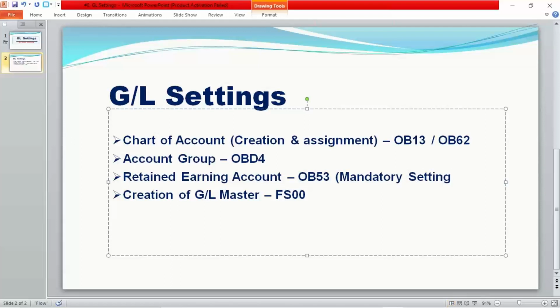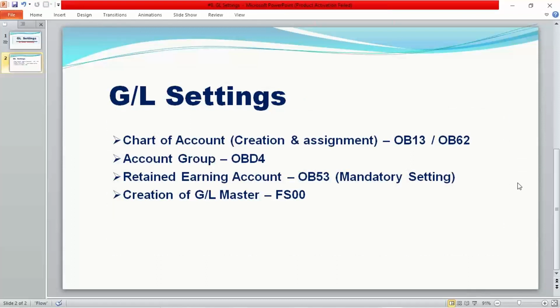mandatory setting. What does it mean, guys? Mandatory setting means certain settings are going to be done right now. The logic you guys will be able to understand later, because once we proceed further, multiple transactions are posted and all. At this point of time, we have to set this up as a mandatory setting, because if you don't perform this configuration, then what will happen, guys? Later on, we are going to face a certain error. That is why we are going to do the retained earning account setting as a mandatory setting,